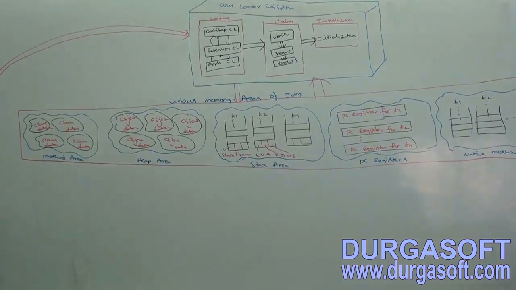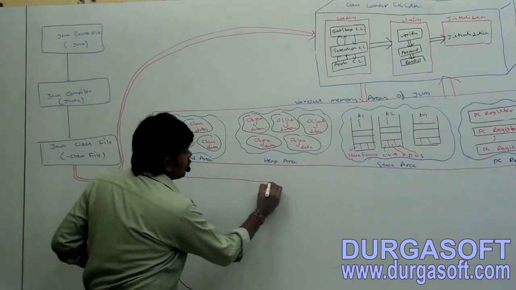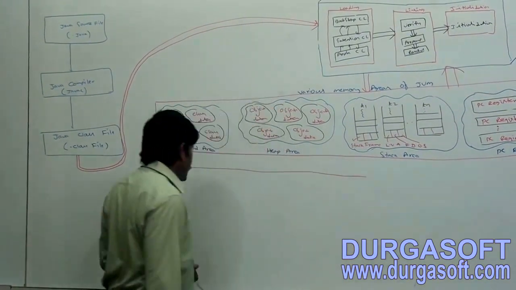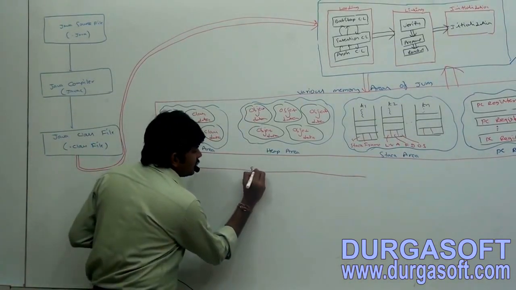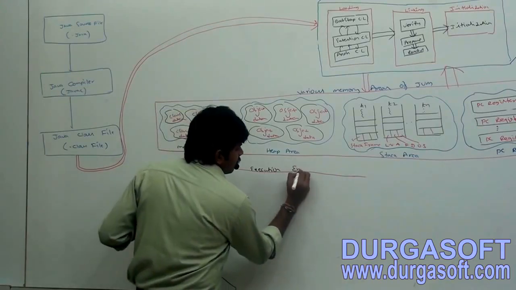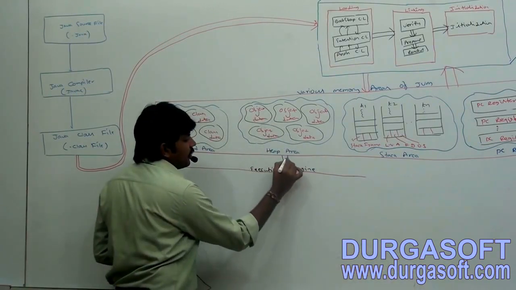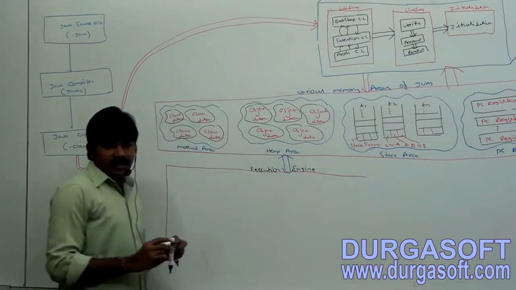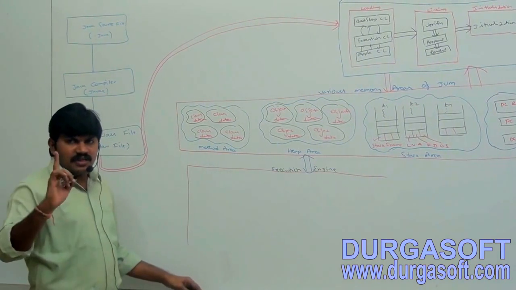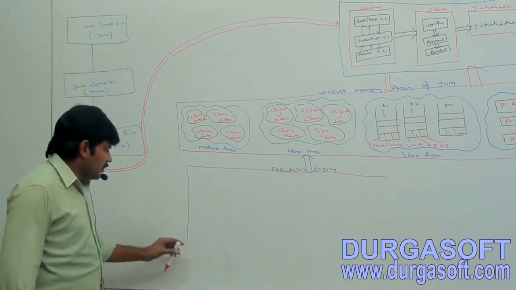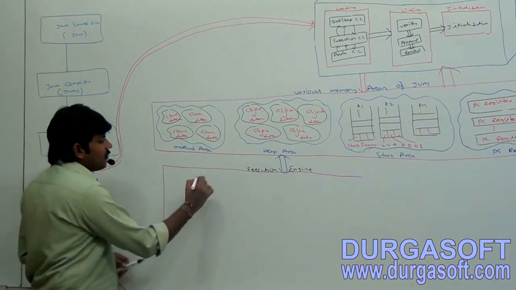That part we have to talk about. Here the third part by default is considered the execution engine. So my JVM's execution engine can communicate with the memory areas. Have you observed that in the execution engine, mainly two important parts are there? Can I spell them out? The execution engine contains mainly two parts. What is the first part?